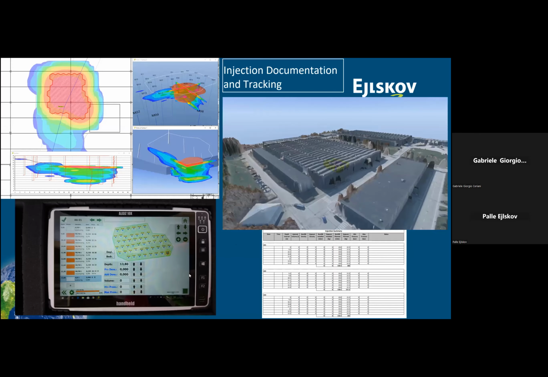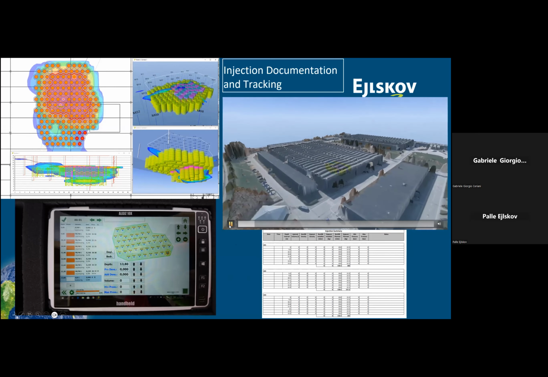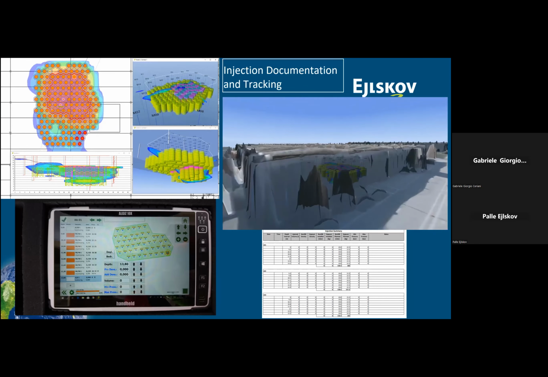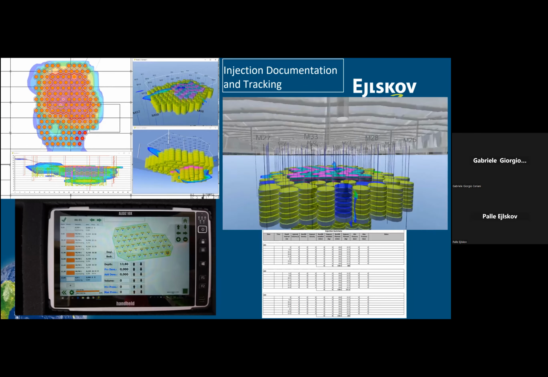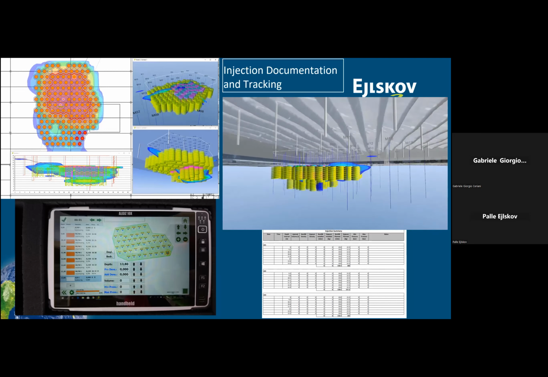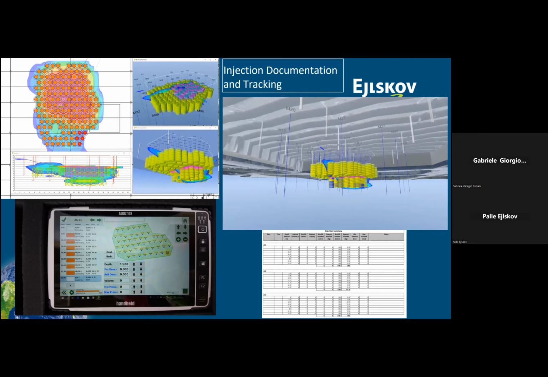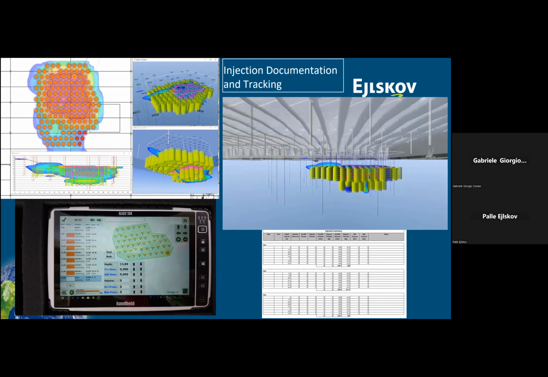The other thing that we do to make sure that clients and authorities can come back and ask us any questions about what we have been doing at the site is that we track and record every single injection point. We have a dedicated set of tablets where we plug in all the plan of the injection, and then we just record the information as every injection point is done. We record all the information about pressure, volume that has been injected, has there been daylighting, has there been refusal, how much product has been injected compared to plan, and based on that, we can create a final as-built injection